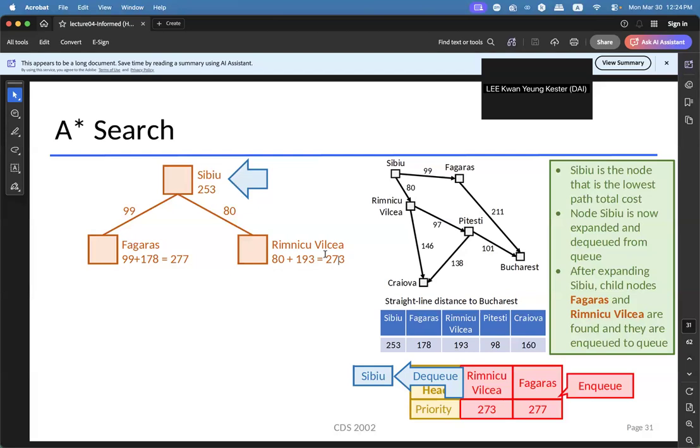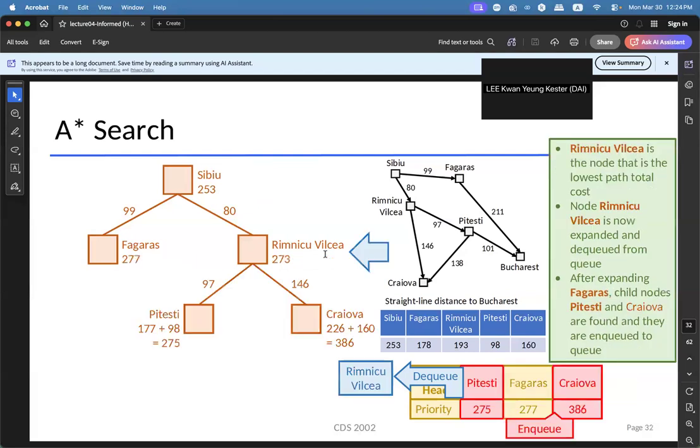And for the next step, we select the node that has the smallest value and then we expand it. When we expand a node, we go back to the network and see which nodes are connected to that node, and we do the same. So for p-test, we calculate the path from CBOO to p-test along the search tree. If CBOO needs to travel to p-test, we need to go along this route and this route. So we add 80 and 97 together, and it becomes 177.